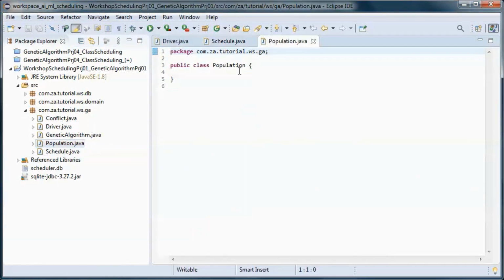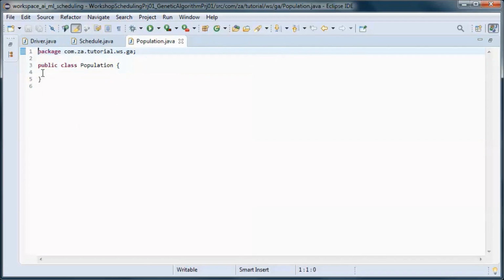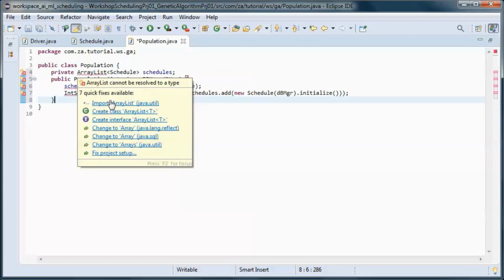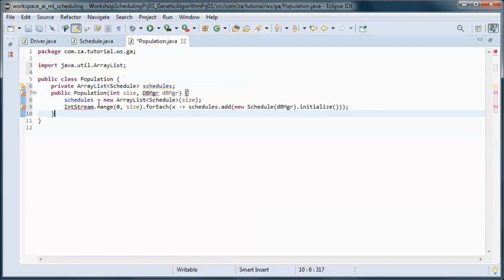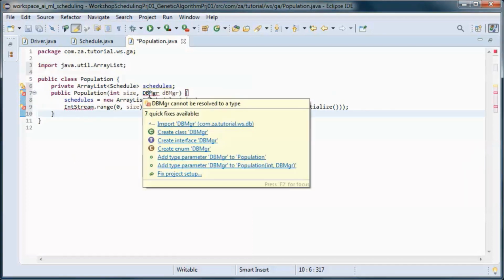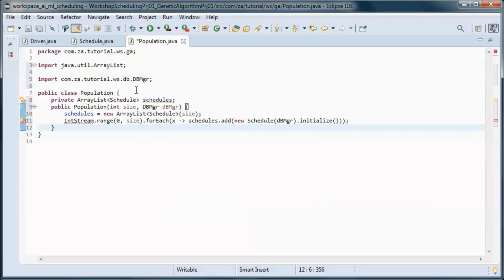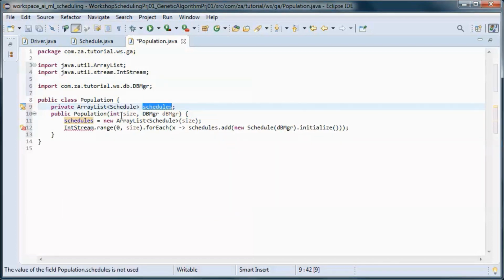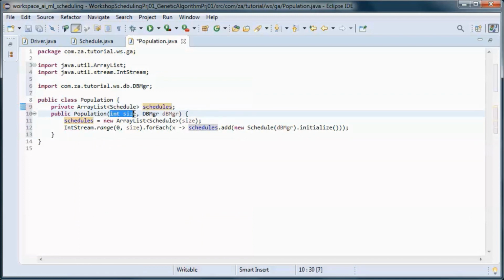Now the population will keep track of all the schedules that are in that population, and we will initialize that list of schedules in the constructor given the size of the population and the data coming from the database.